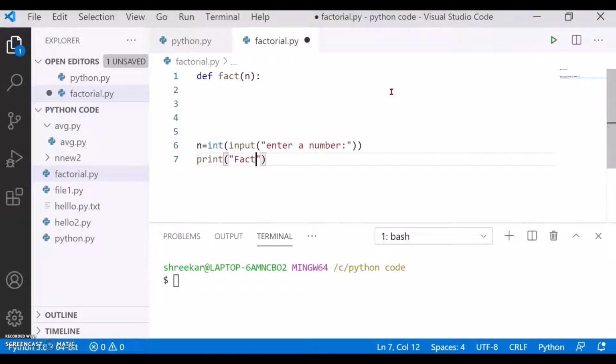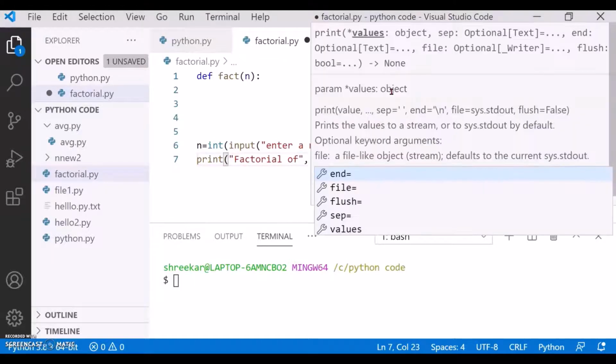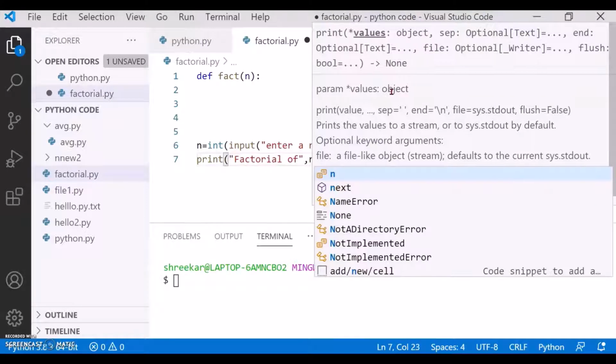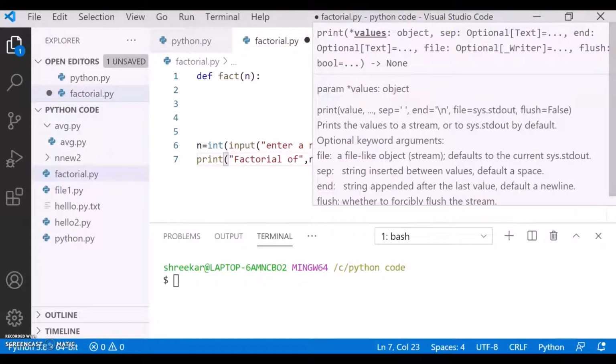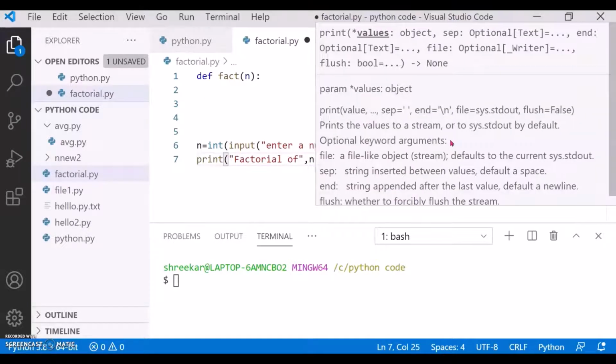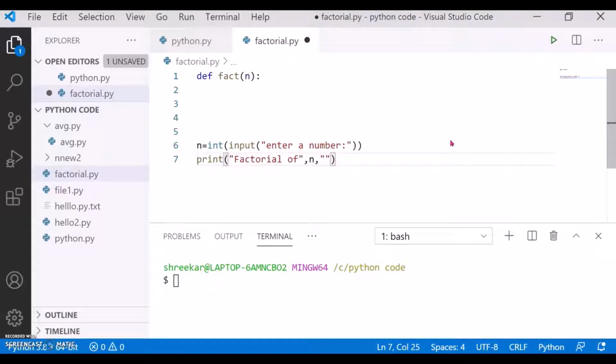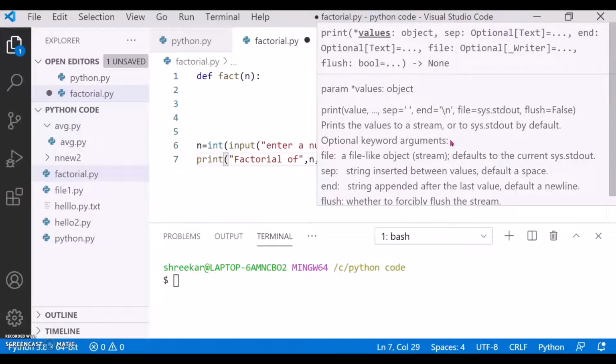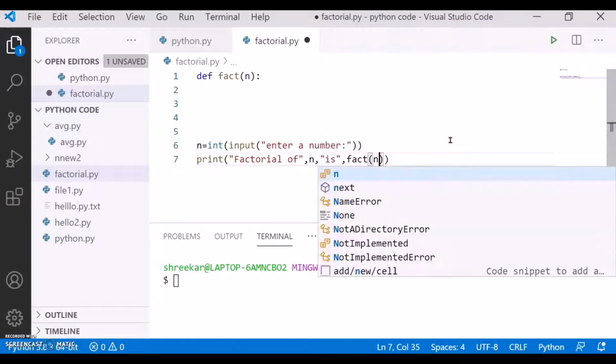Factorial of n is. Factorial of n is fact of n. Okay,